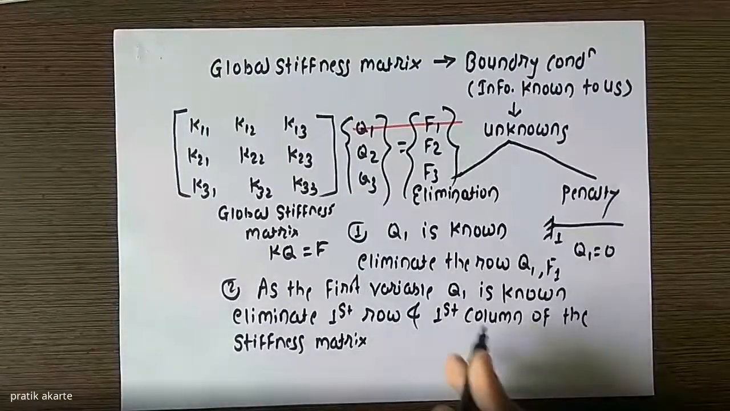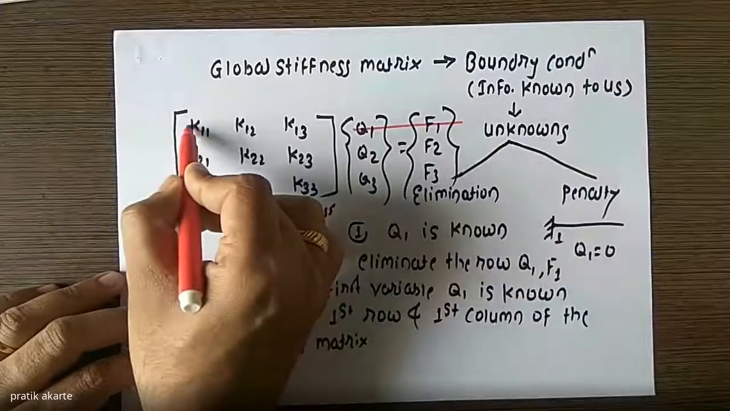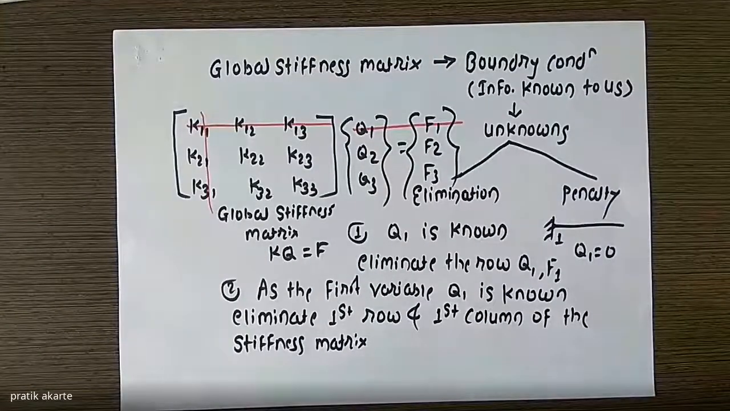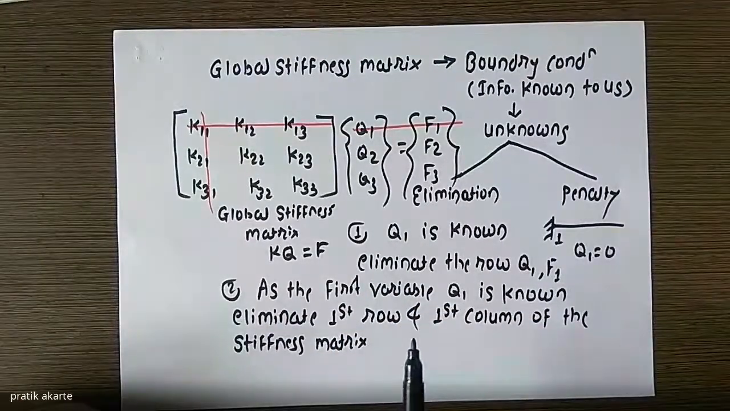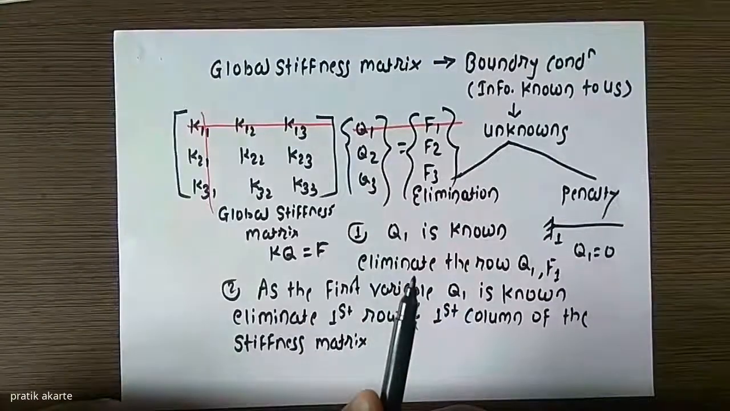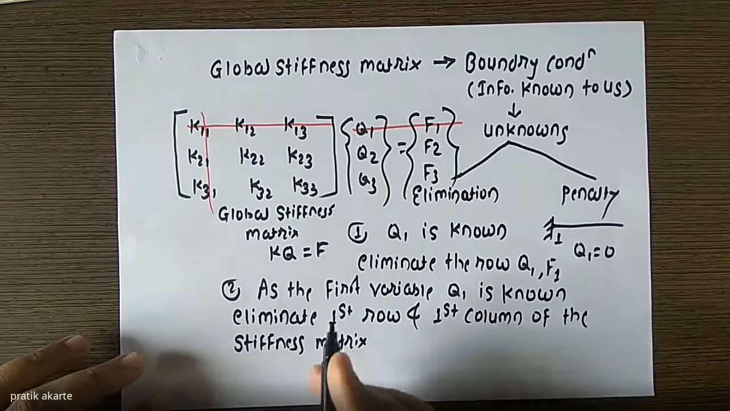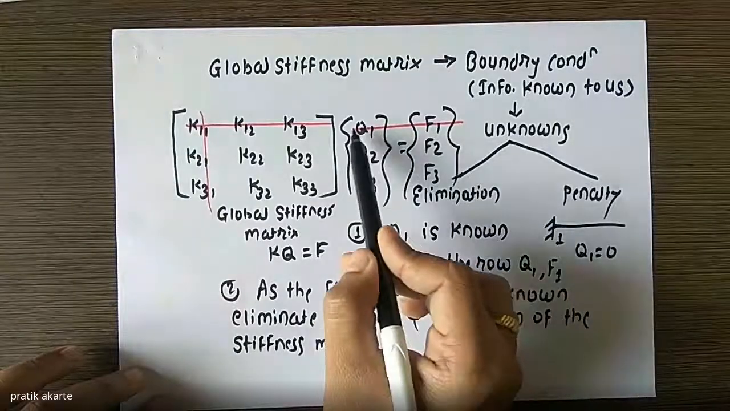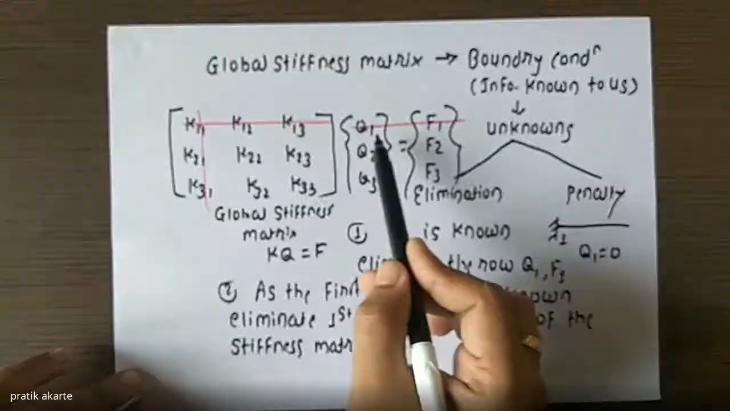So the first variable Q1 we know, so that's why we are eliminating the first row and first column. After this we have two unknowns and two equations, so we can solve them simultaneously and find the unknowns. What we have done in the elimination approach is, if Q1 is known, we eliminate this Q1 and F1,